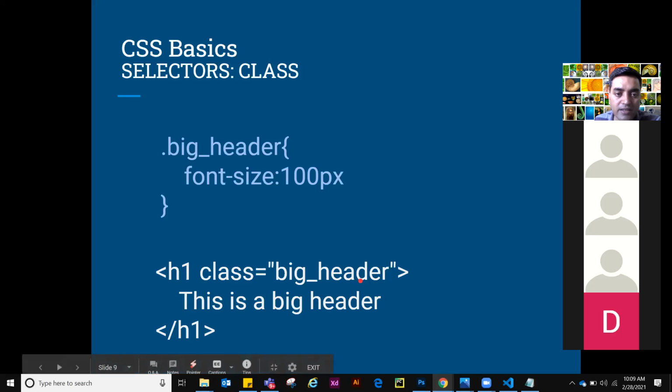So any question on the class selector? Everyone, please write in the chat how many selectors we have. Three, yes, three. Yes, everyone please write in the chat. Why am I doing this? Why am I forcing you to write? Because it is kind of a recap. Otherwise, after this class, you will forget.